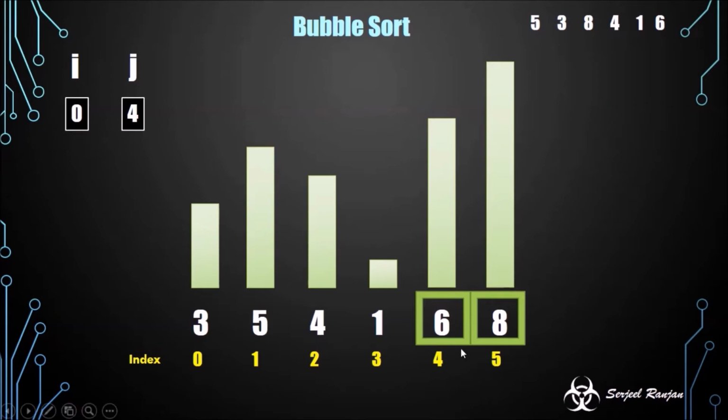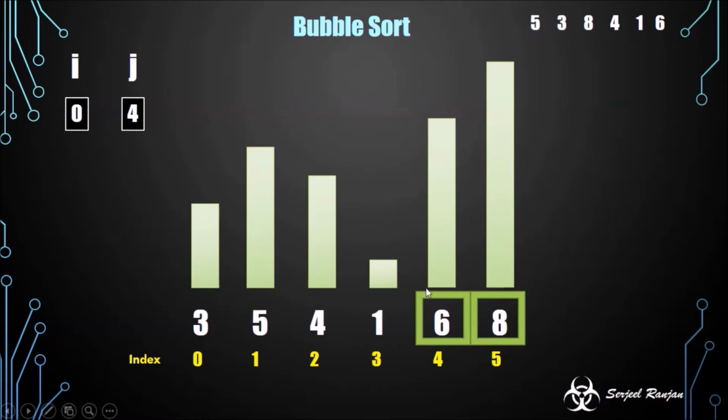So you notice one thing, in a single traversal, the largest element reaches its respective position. In this case, 8 was on the second index, but after the traversal of the window, it has come to the last position, which is its correct position actually. So this is the concept of bubble sorting, and we say the largest element has bubbled to the end of the array. Every time this window traverses over this array, the next largest element will come to its respective position.